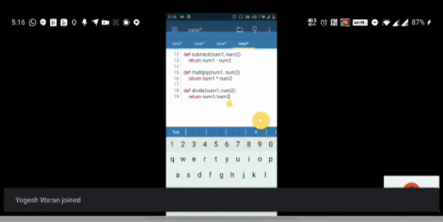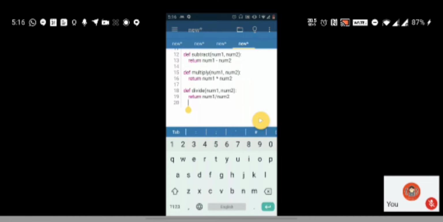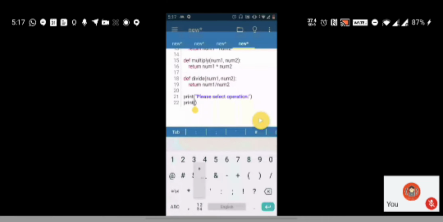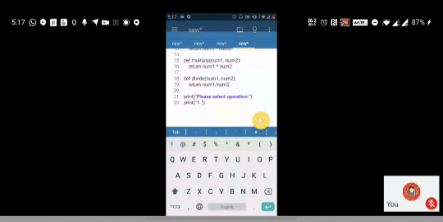Now we have to take input from the user, right? So let's just give a prompt to the user. I am basically printing this instead of writing everything inside the input method. So let's say please select operation. First is add.